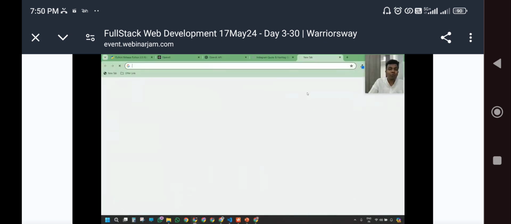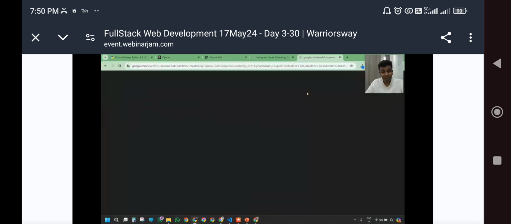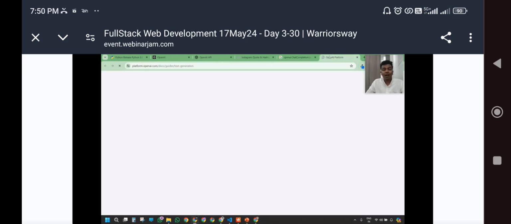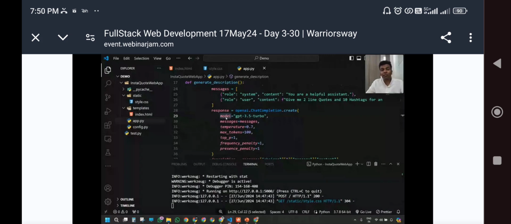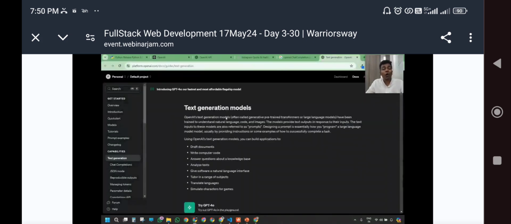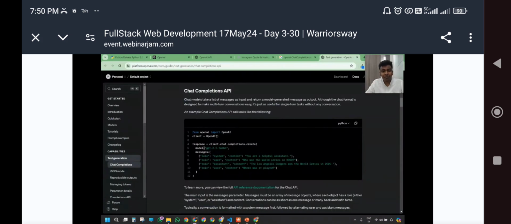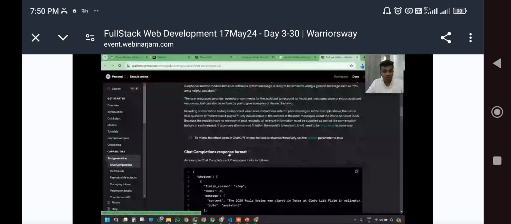And those people who don't want to understand it very well, please go and read the documentation, which is going to give you a clear idea of what is meant by a model. Because whenever you're talking about OpenAI models, there are a lot of models out there. So this is how ChatGPT is going to look. GPT-3.5 Turbo, that's what we are going to use.